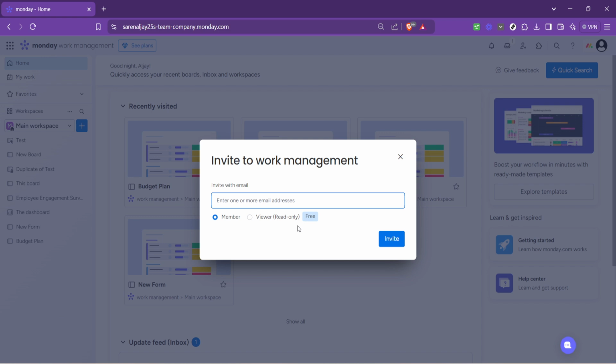Let's dive a bit deeper into some of the finer points of this procedure. First, why is it important to carefully choose between a member and a viewer? Your decision directly impacts how your team operates. Including too many members on a board can sometimes lead to too many cooks in the kitchen, causing confusion and inefficiency. Similarly, assigning someone as a viewer when they actually need to participate actively can hold up the project. Always consider the individual's role and responsibilities within the project before deciding.